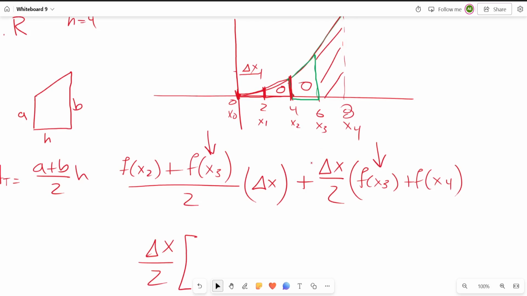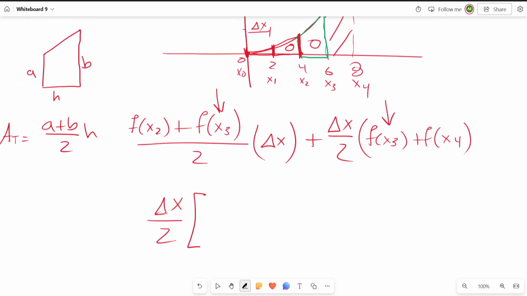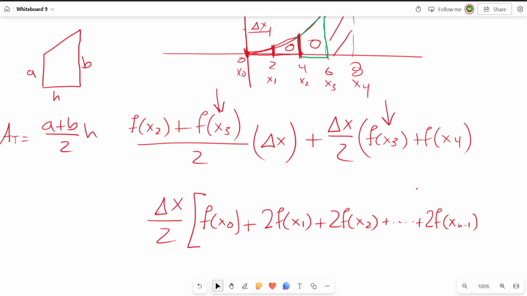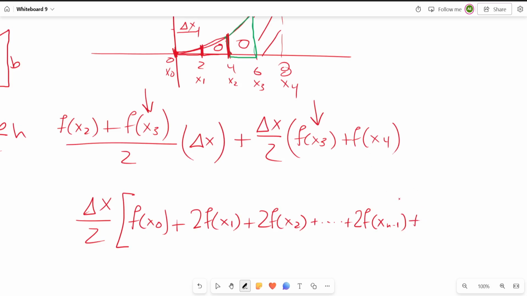So that is why the trapezium rule is going to equal delta x over 2 times f of x0, so that's the first x, plus 2 times f of x1 plus 2 times f of x2, and so on until we reach 2 times f of x n minus 1, so the x just right before the last one, and then plus